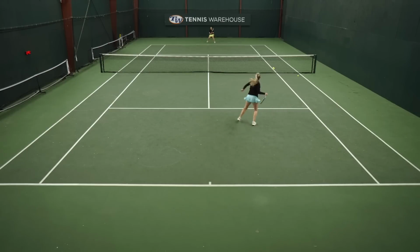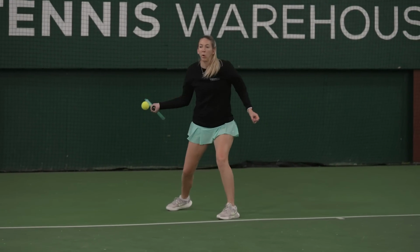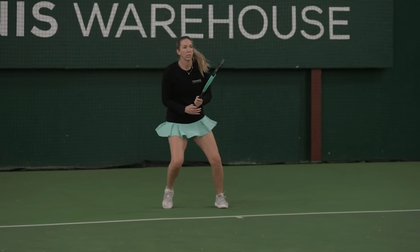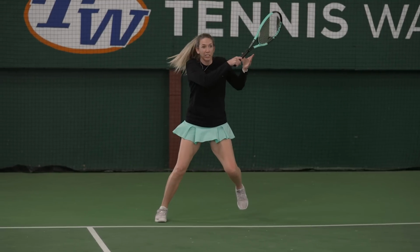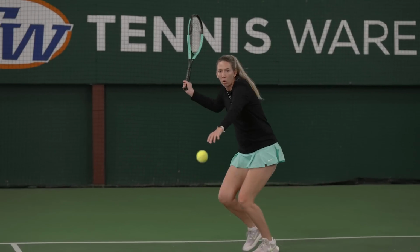When I came to playing points though, I did crave a little bit more control. I was having to be a little bit more conscious of where I was going and maybe aim for some bigger targets when I was being a little bit more aggressive. Compared to the previous generation, I have to agree with Tiffany. I found it was a little bit of a softer feel and maybe just a little bit more control